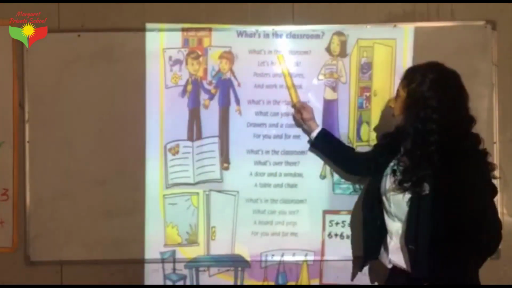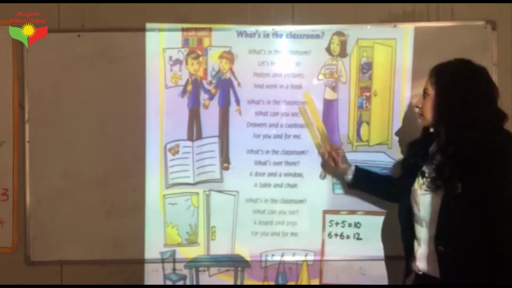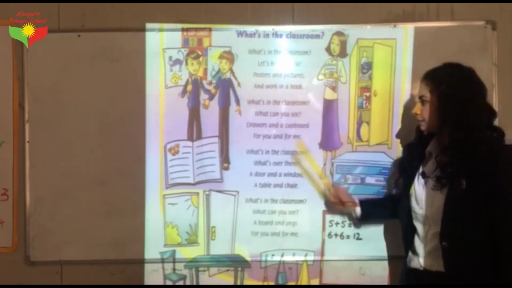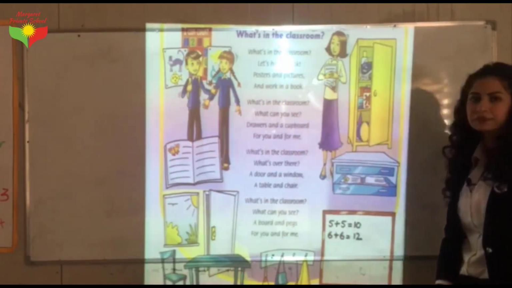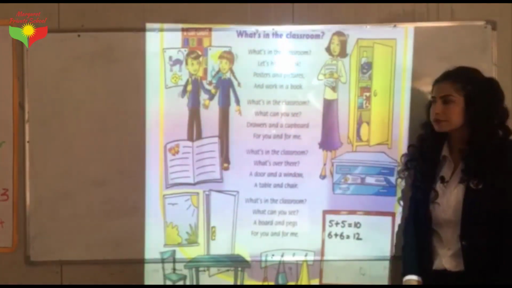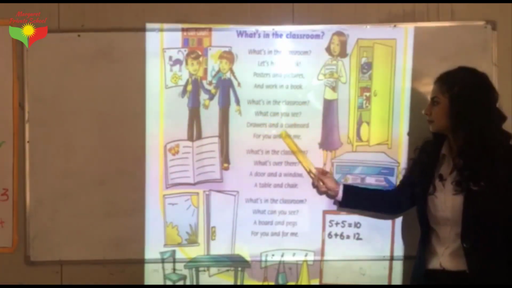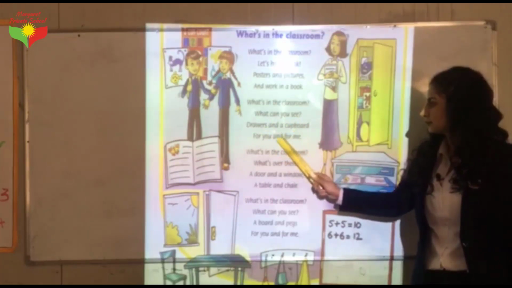What's in the classroom? Let's have a look. Posters and pictures and work in a book. What's in the classroom? What can you see? Drawers and a cupboard for you and